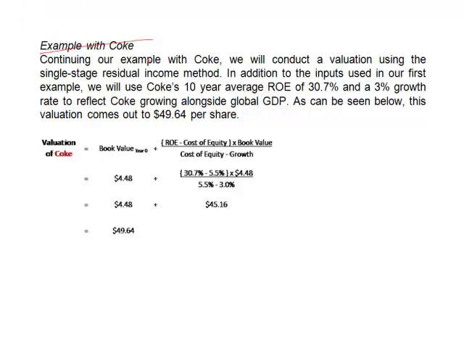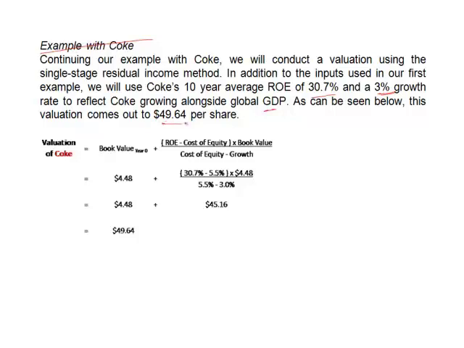Continuing with our example with Coke, we conduct the valuation using a single stage model using this formula, and in addition to the inputs used in the first example, we use Coke's 10 years average return on capital of 10.7% and 3% growth. We take the growth rate to reflect Coke growing alongside the global GDP. As you can see here,